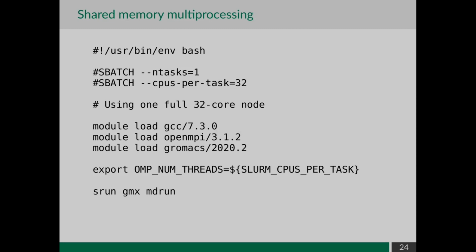This is another job submission script for Slurm, this time not using MPI but rather OpenMP. So we start in the same manner, we say this is a bash script, and this time, however, our options are very different. We start a single task, ntasks 1, and we say we want to have several CPU cores for this specific task. So CPUs per task, 32 here, which means we'll be using one full 32-core node, for instance, on Cedar or another cluster. Then we load Gromacs again, and we